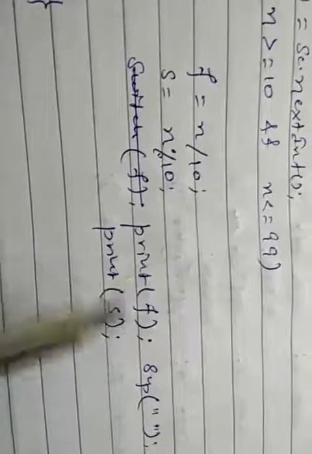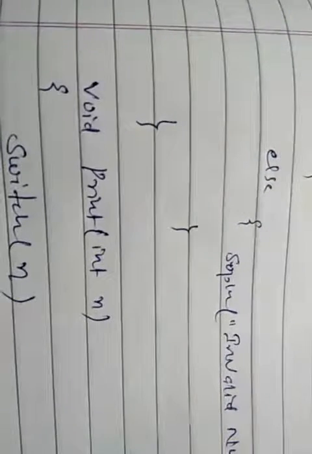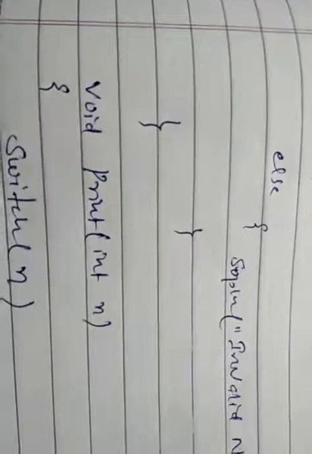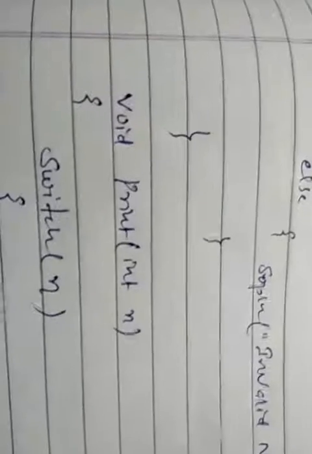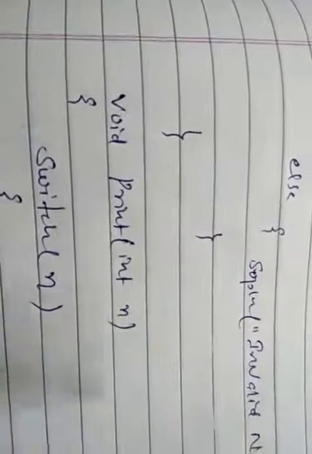So when the first print is invoked, it will come to this print function. If we are not using function programming in this program, we have to write printing of a single digit number from 0 to 9 two times. So void print(int n), this is just the previous program. Switch n: if this is a single digit, this will print 0, 1, 2, 3, 4, 5, 6, 7 up to 9.